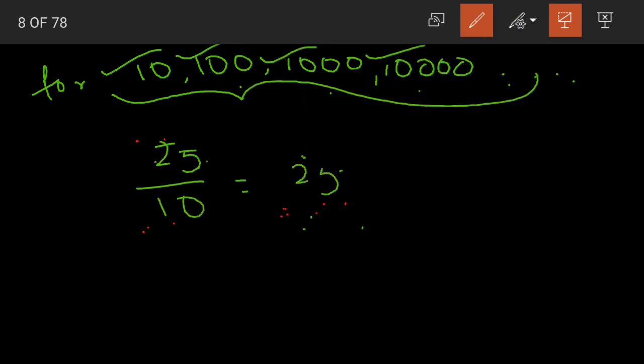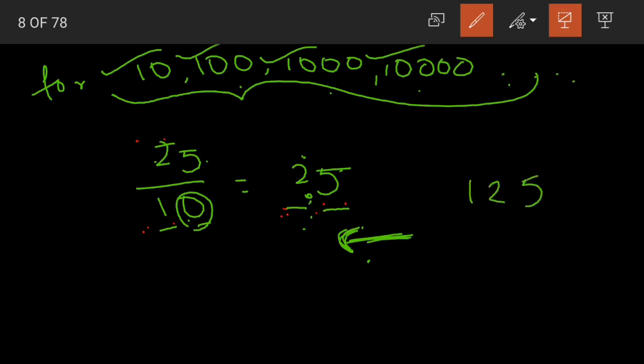First write the numerator as it is. Now count the number of digits in the denominator. We are having 2 digits. Now even here the numerator is having 2 digits, so we can leave it as it is. Now in the denominator 10, we are having 1 zero. Yes, so we'll place 1 decimal point. From which side, children? From the right side. We'll place the decimal point after 1 digit, 1 digit from the right side.